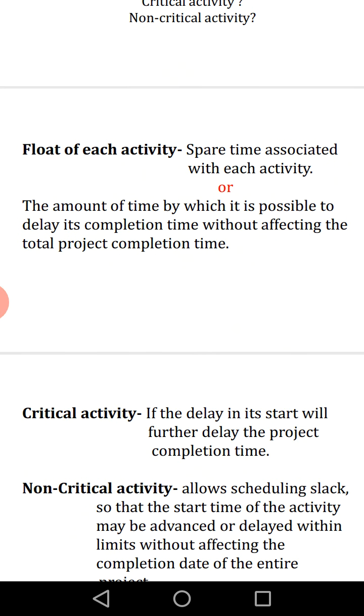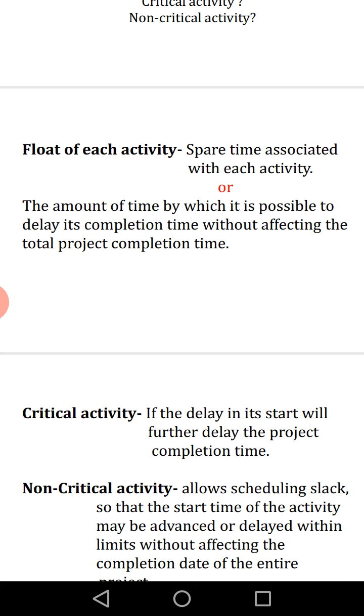Float of each activity is the spare time associated with each activity. So what is the spare time? Suppose a project is going to take 7 hours for completion and you are telling that it may even take 2 hours more before it is completed. I can say the 2 hours is the spare time associated with the activity.